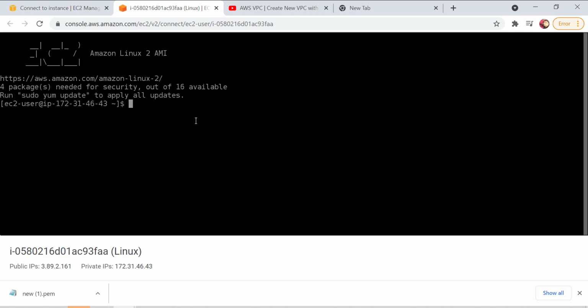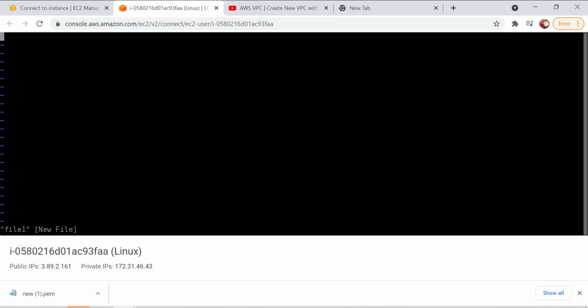Now I would be able to log into my machine. So I have logged in. Let me give all the rights with the help of sudo su. With the vi command, I would be creating a new file and updating it. So I'm writing the vi command, and let's say file1.